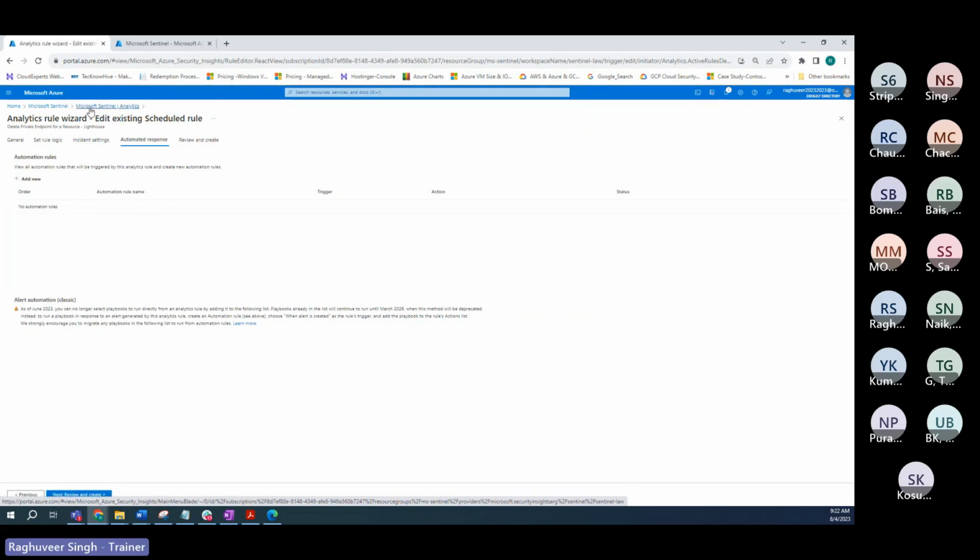Now, understand the logic app part. What does a logic app need? Logic app needs authentication and authorization. Exactly what we were doing yesterday. So let's say there are 3 workspaces and I have got an incident from all the 3 workspaces, and the incident is related to a virtual machine which has high CPU consumption. In all the 3 workspaces, there are a few virtual machines which have high CPU consumption. And I have a logic app, a playbook, an automation rule that will